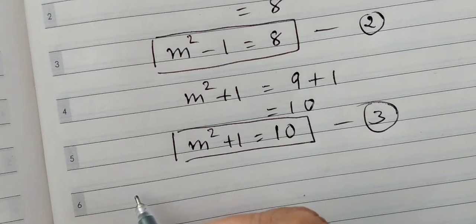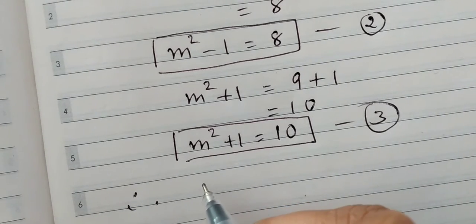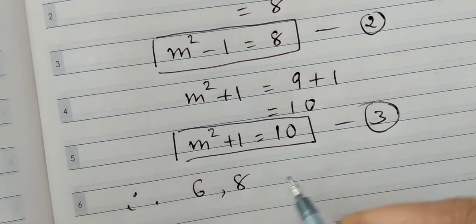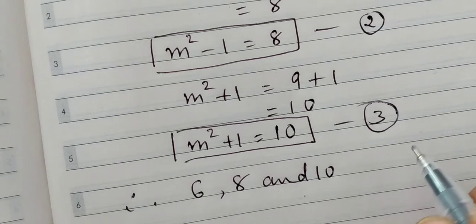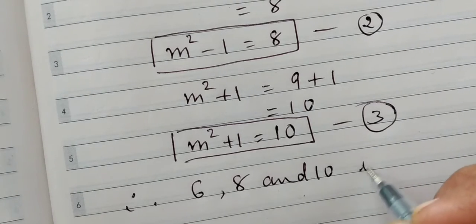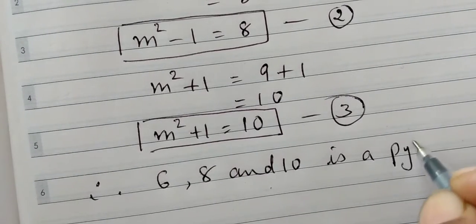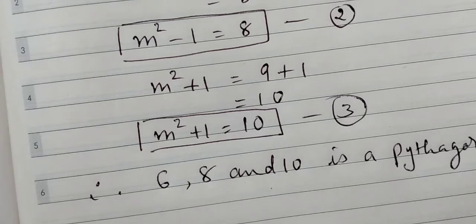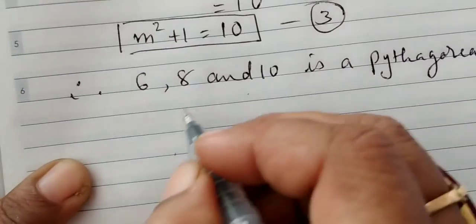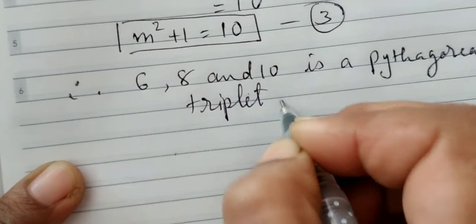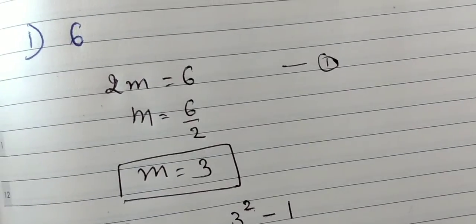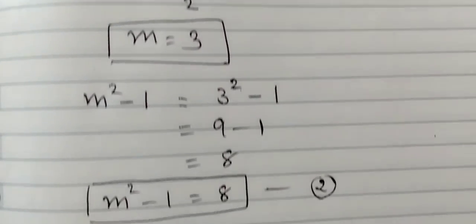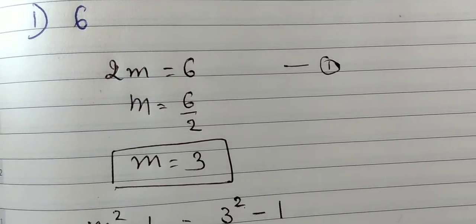Therefore, what shall we write? 6, 8 and 10 as a Pythagorean triplet. Okay, these are the members of the Pythagorean triplet. Is that clear? So this is how you will calculate first m, then you just mention these numbers clearly